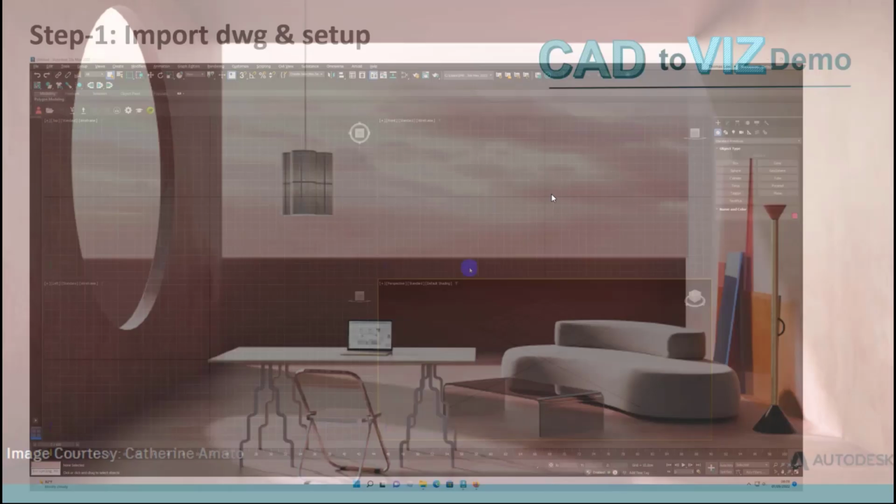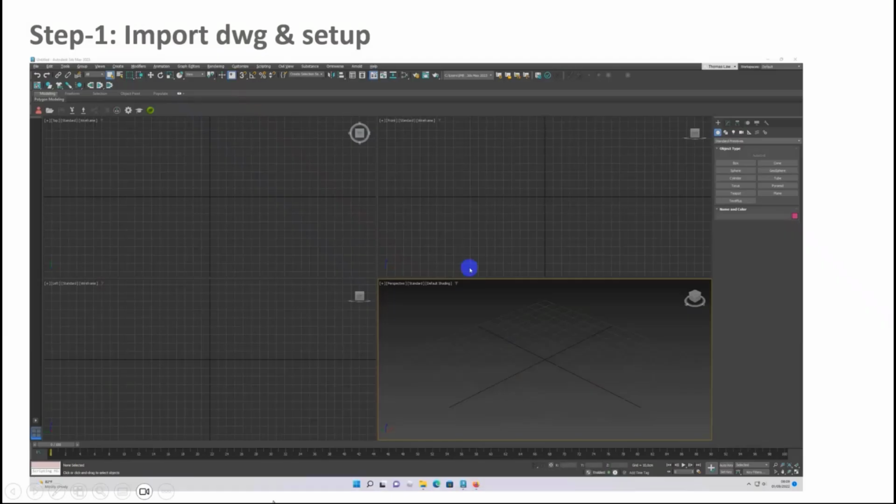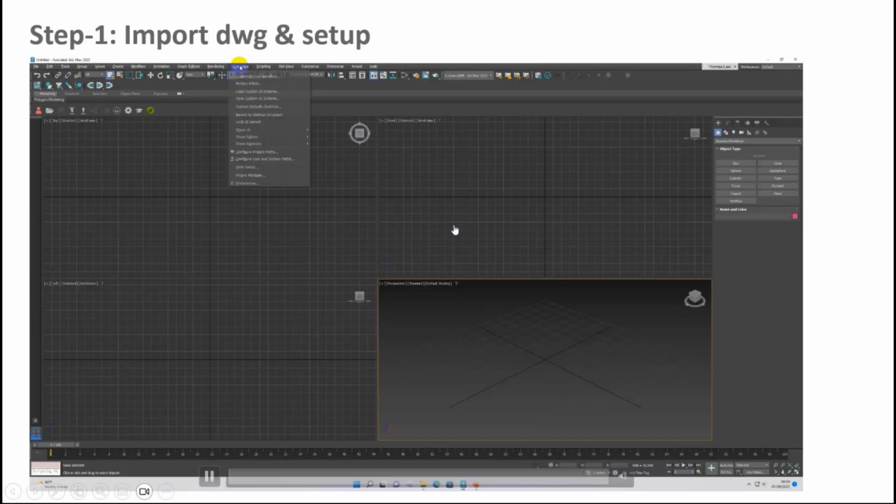The simple step one is importing the DWG. There are two ways to import the DWG file. You can drag the DWG, or let's say you want to drag from Revit, the RVT, you can drag and drop. But this is the way to import DWG from the CAD.